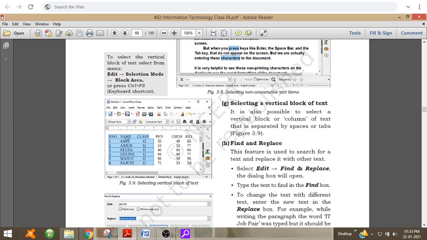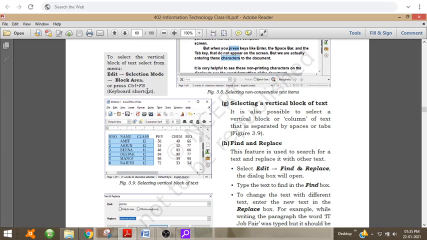Now if we want to select like this, that is a particular column, then to select the vertical block of text, select from the menu Edit, then Selection Mode, then Block Area, or you can use the keyboard shortcut Ctrl+F8.